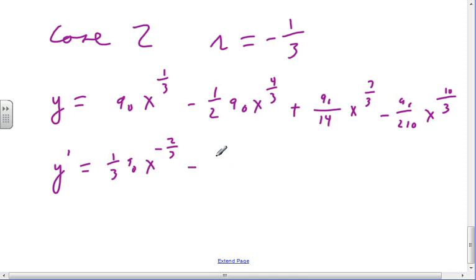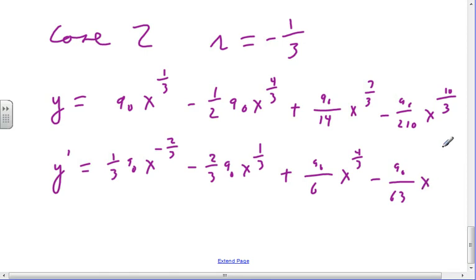Minus 2/3 a0 x to the 1/3 plus a0 divided by 6 x to the 4/3 minus a0 divided by 63 x to the 7/3. Okay, y double prime,